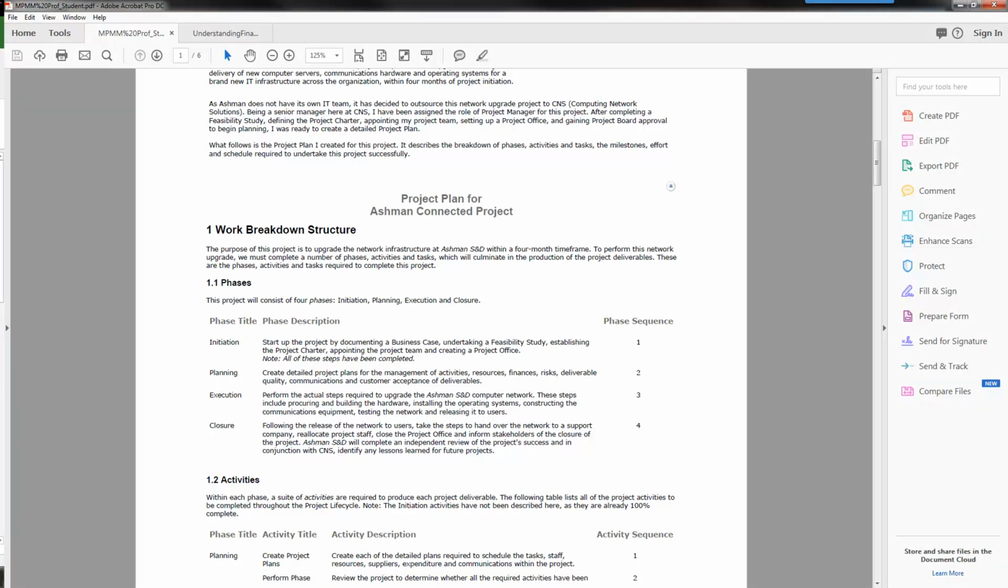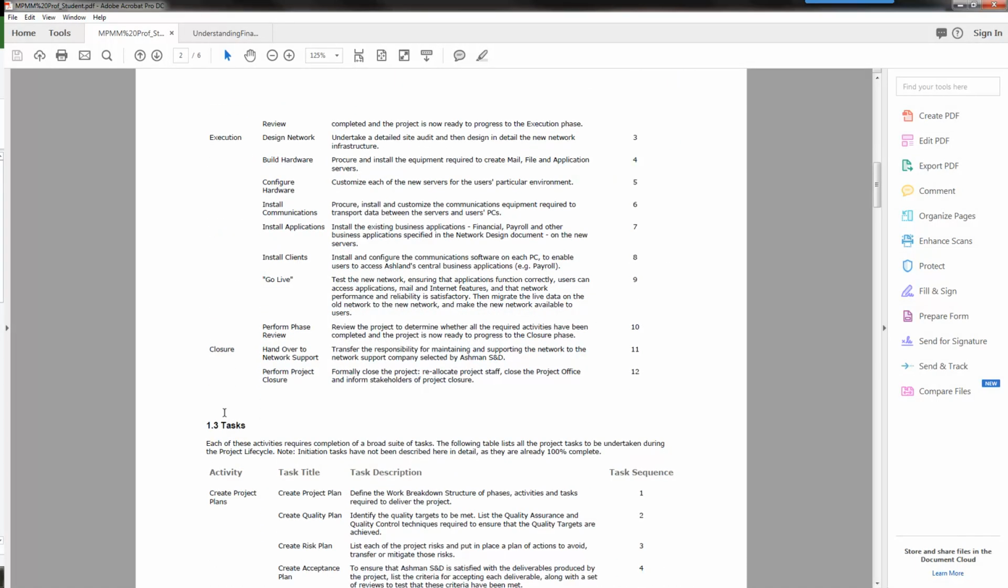So what's important, I think, in turning this over to the students, is that we describe the stages for the project management, which includes initiation, planning, execution, and closure. And then we relate those to the